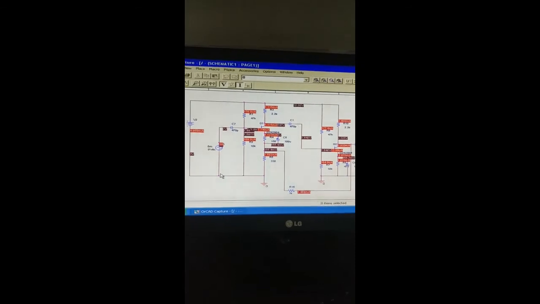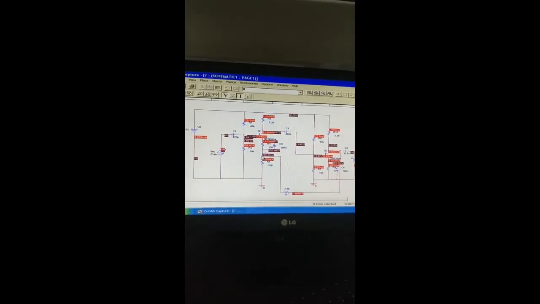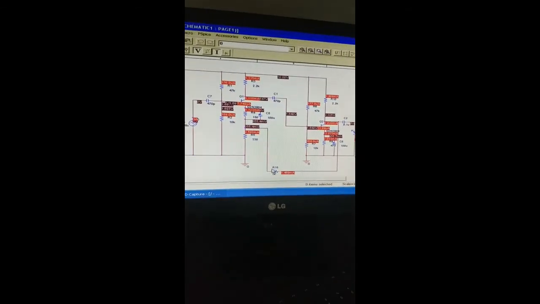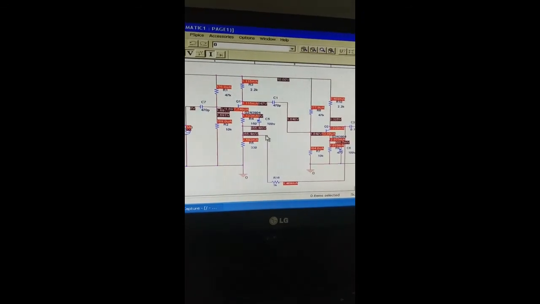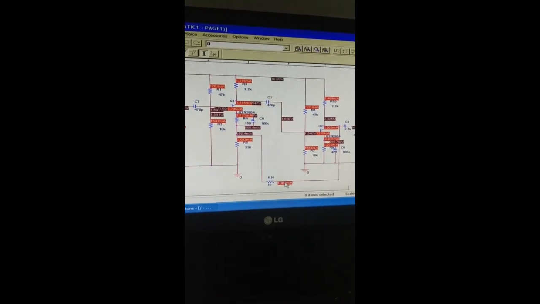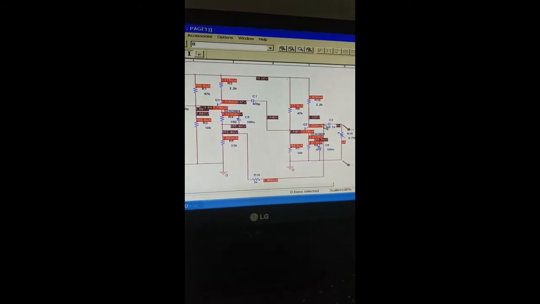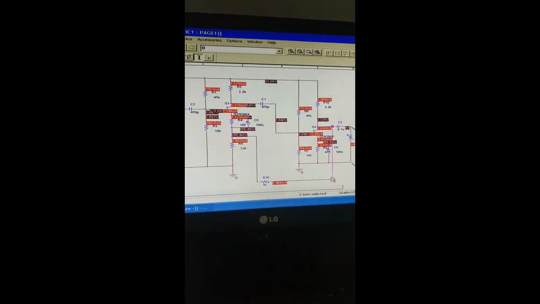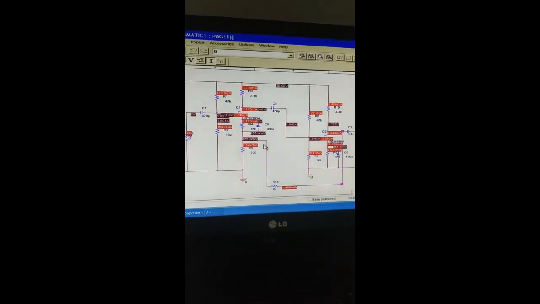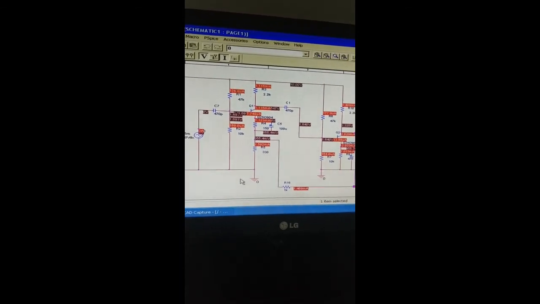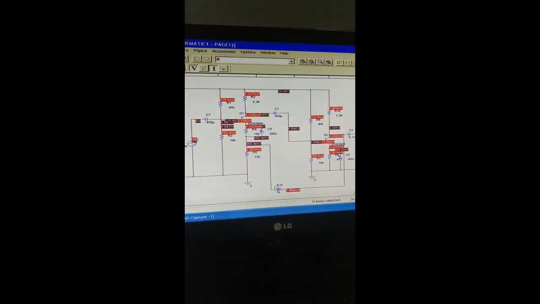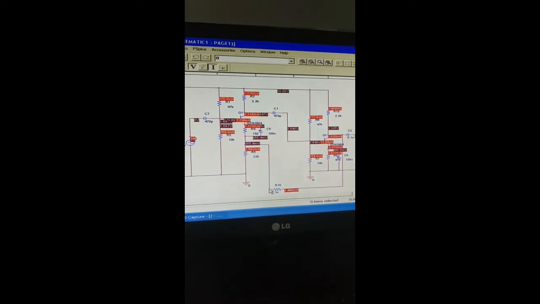So now what we have done, we have connected a feedback resistor. You can see this connection is a feedback resistor which is connected from output to first stage input. So resistor R16 acts as a feedback path.